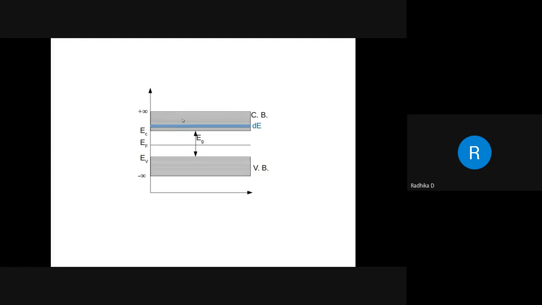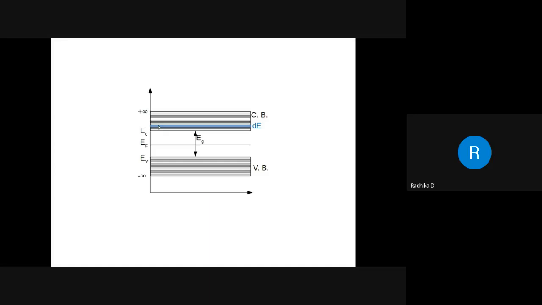Now, if I have to integrate something, obviously there should be a lower limit and an upper limit. Where does the lower limit come from? Lower limit is this, that is your lowest level of conduction band, that is EC. I know the lowermost level of conduction band, but what about the uppermost level? I don't know. It can be any value, it can be anywhere, right? So for that reason, you should consider it as plus infinity. It can go to infinity. So EC is the lower limit and infinity is the upper limit of this conduction band.